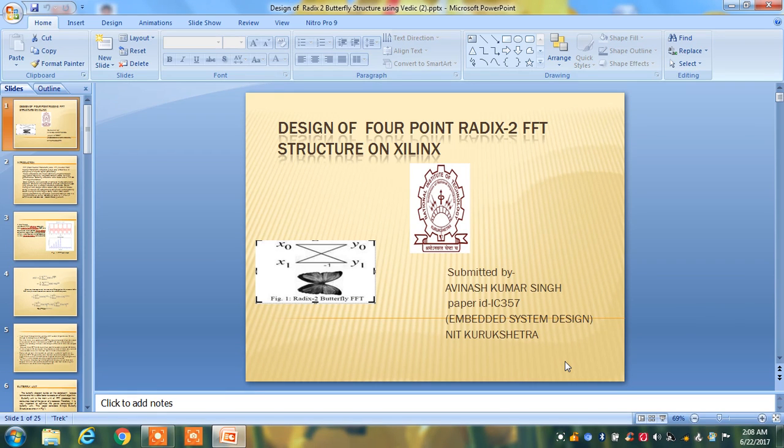Kumar Singh, and I am going to present my paper on design of 4.8 FFT structure on Xilinx, and I am doing my MTech from IIT Kurukshetra,